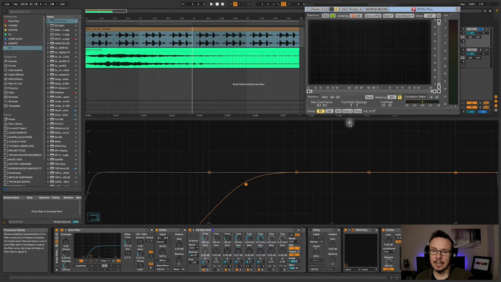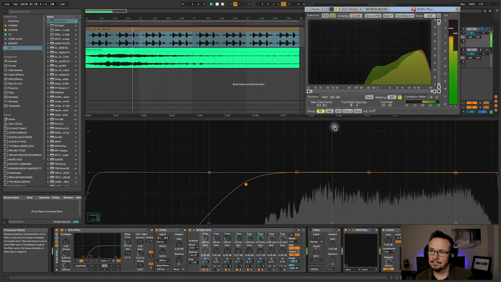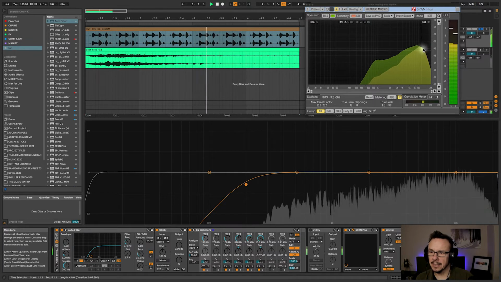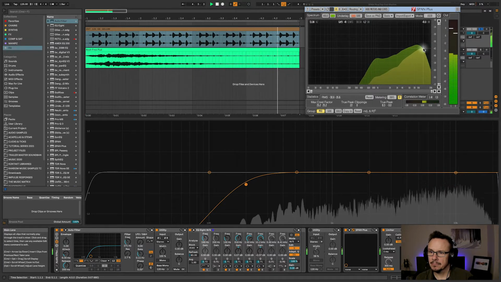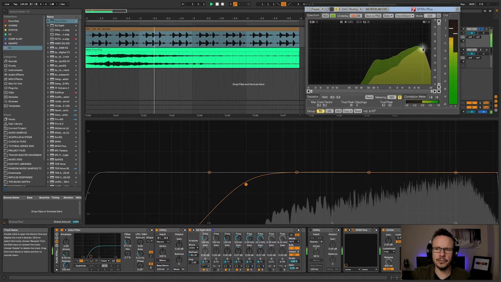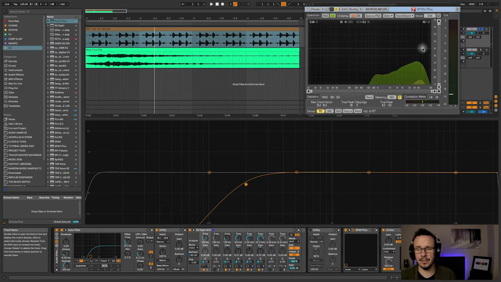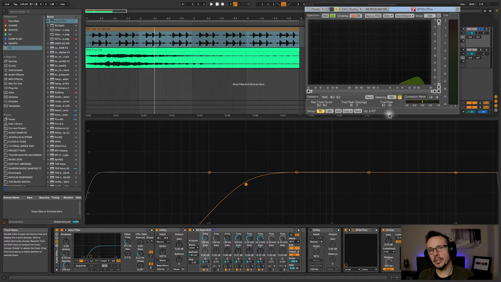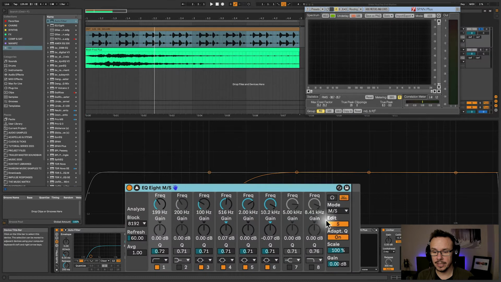If we now play this sample, you can see that at the top end here, around about 12k, 13k upwards, there is an excess of stereo content, and actually there's a lot of stereo content in the very top end of this sample generally. So rather than turn down the stereo spread of the entire thing and lose some of the nice qualities that maybe the high mids have with their stereo spread, what we can do is use this mid-side EQ